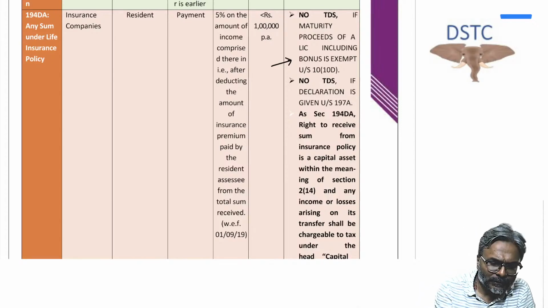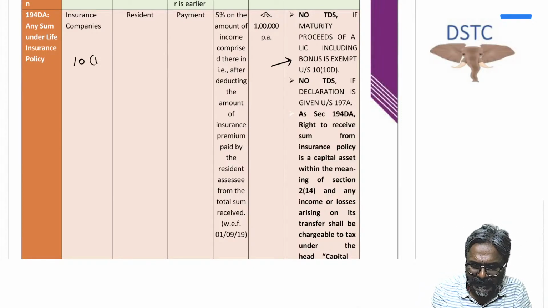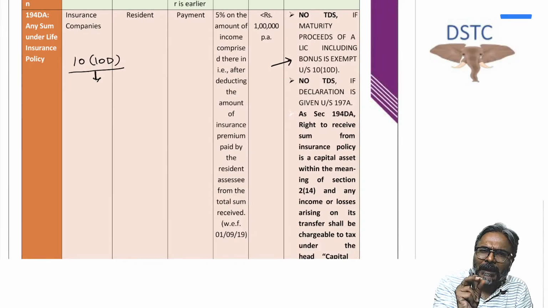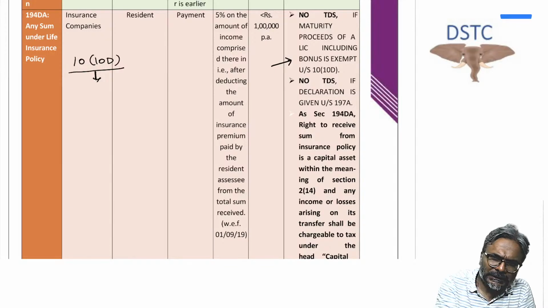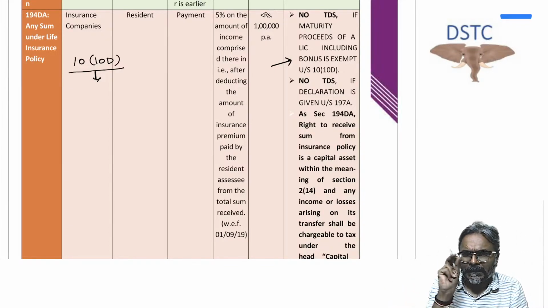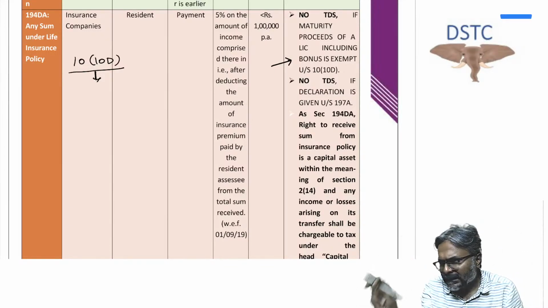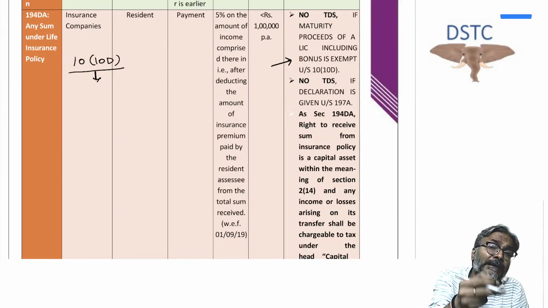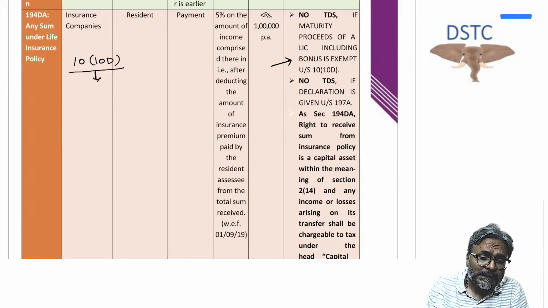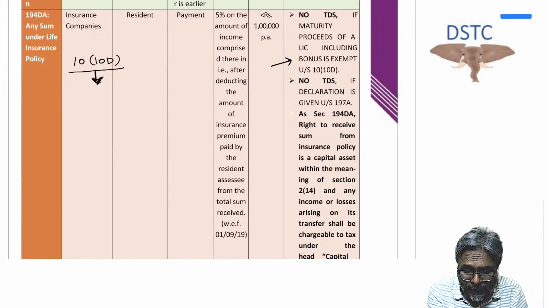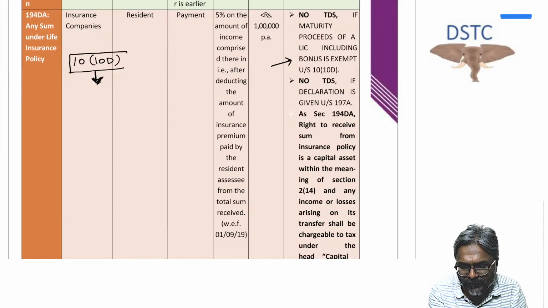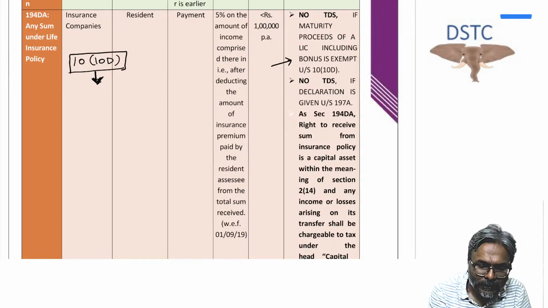On that background, students, if we see very carefully, we get this section 10(10D). As I told you, it concerns the amount paid by the insurance company to the policy holder. That amount paid will be exempt in the hands of the policy holder if it falls within the scope of 10(10D). Now, what is this 10(10D) in this context? If I look into it very carefully, this 10(10D) talks about when the